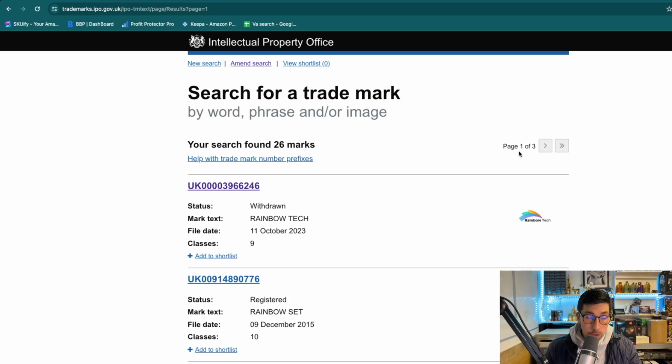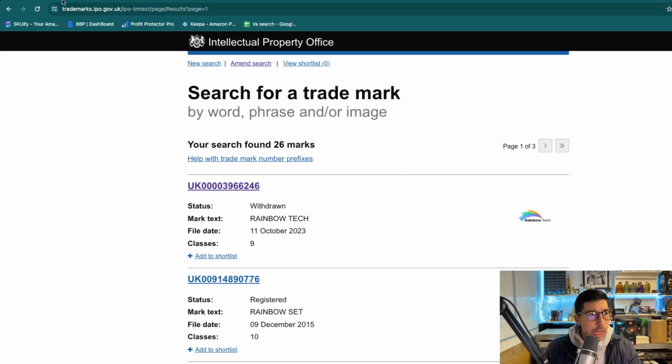Now, if you do find that your trademark has not got anyone else using it, then that is the perfect scenario. This is why you will find people on Amazon selling under brands literally called XYZ. They just put random names on it because that won't get contested when they apply for the trademark. So if you haven't got any of these and you feel very confident that you can apply and do it yourself,